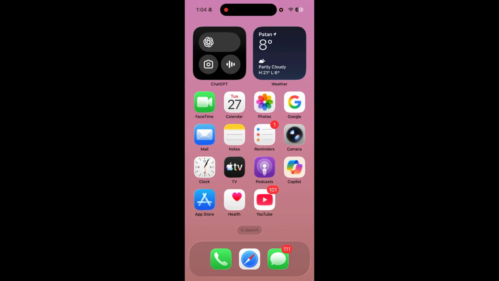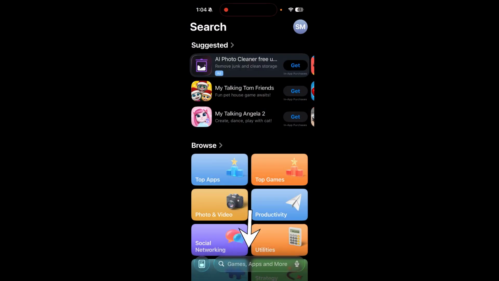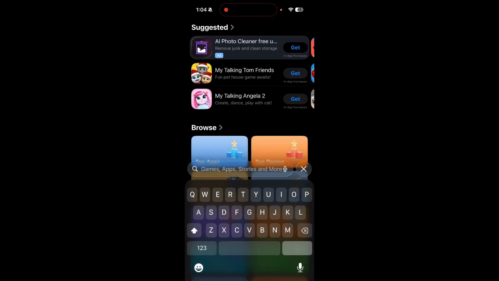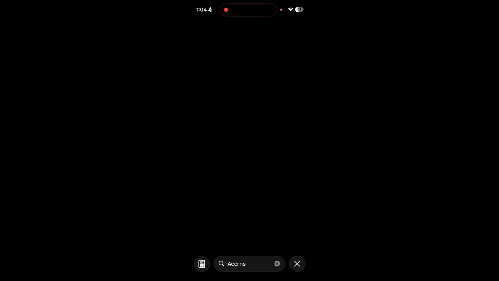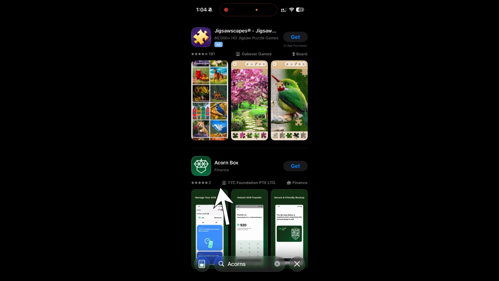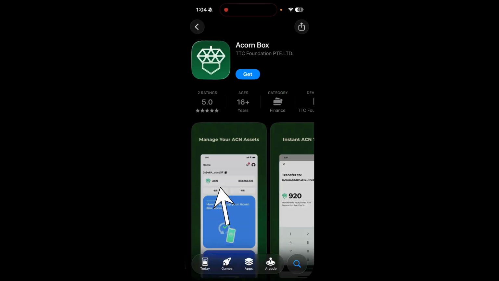First, you need to open the App Store over here, and on the bottom there's a search bar. Simply select the search bar and type down Acorn and search for it. And over here we can see there's an option for the Acorn Finance. Simply select this Acorn box, and after that you can select the get option over here and then confirm